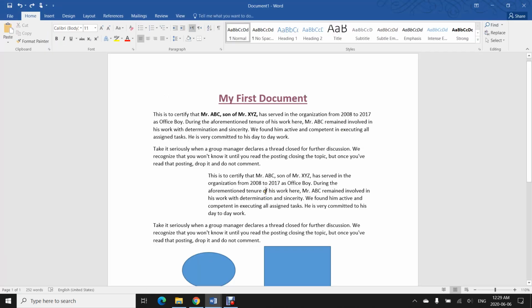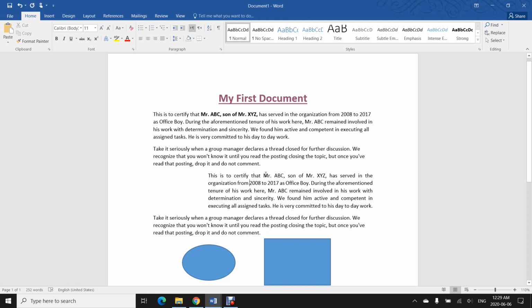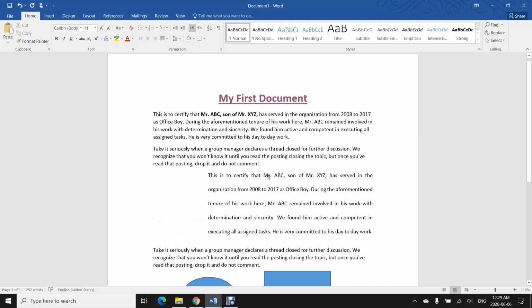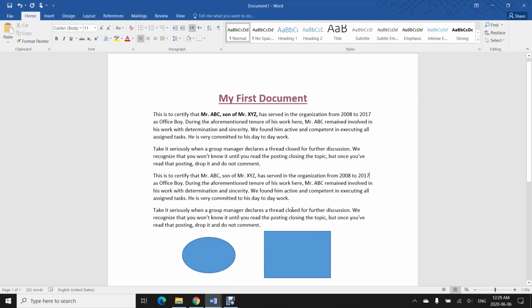Q is to remove the paragraph formatting. Like you can see here, this is a paragraph, and I made some changes here. I made it justified with Control J, and then Control 2 for double spacing. If I press Control Q, all the paragraph formatting is removed.